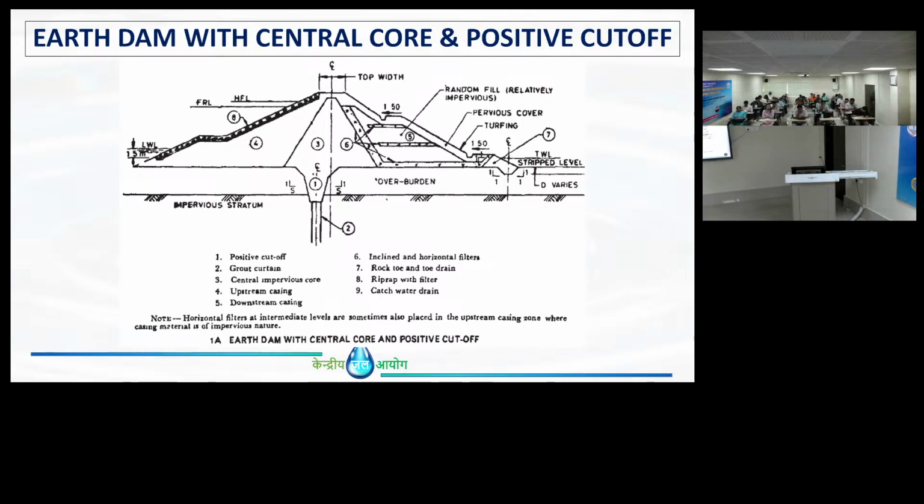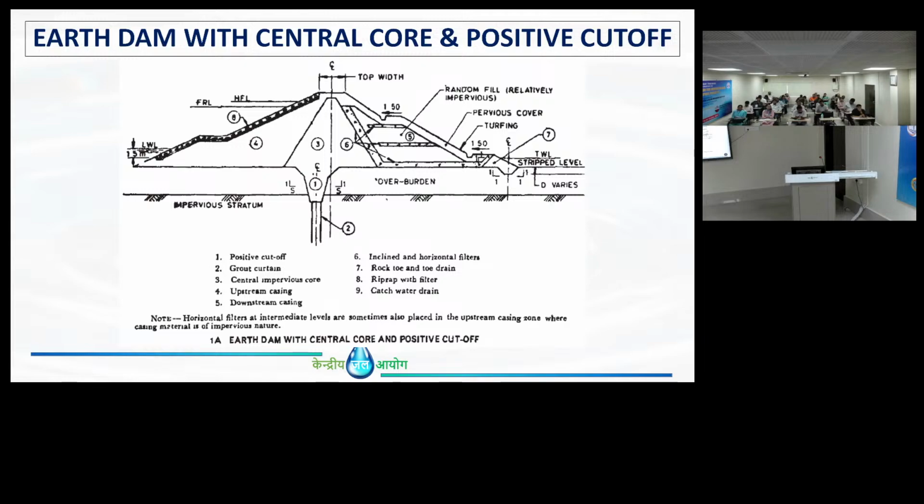See, if you give the dam section like this, with water up to here, obviously seepage will occur. Let's say this is hard rock, and this is overburden, OB means overburden. Obviously overburden is permeable, so water will seep like this if you don't provide anything. If the depth is within limits, you can extend this cutoff. Cutoff means again filling with clay. If you are taking this cutoff to the full rock level,